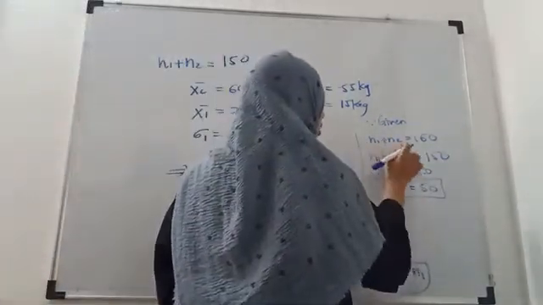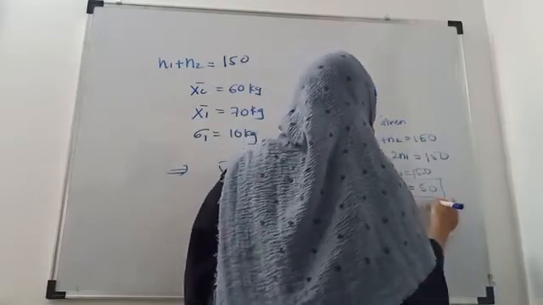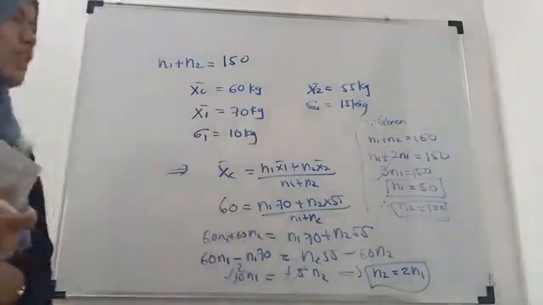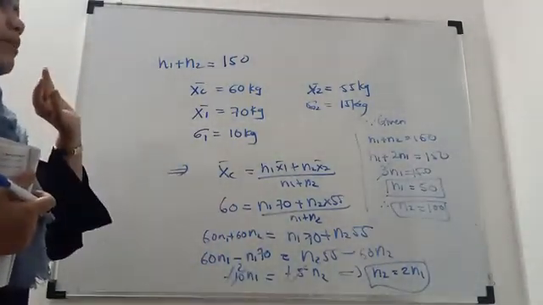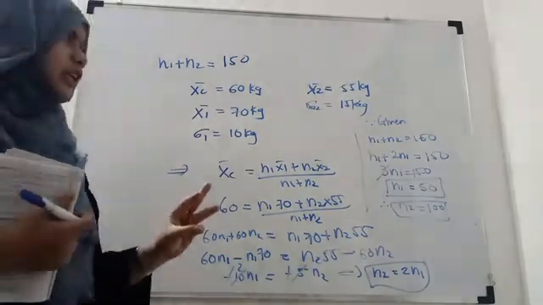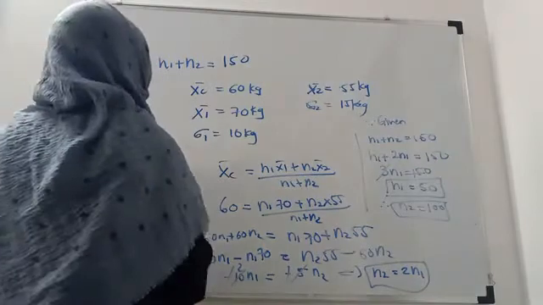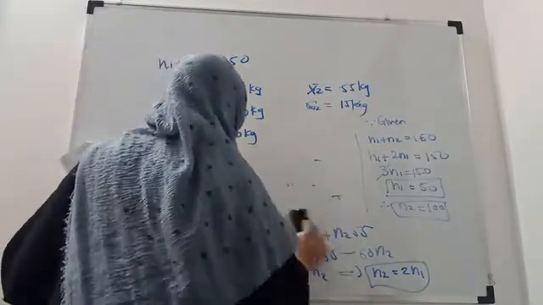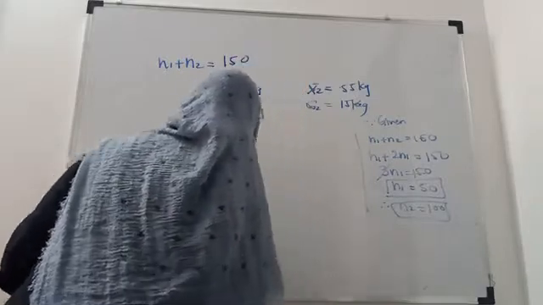Therefore total number of students 150, therefore the number of girls will be 100, right? So now n1 and n2 are clear. It is known for us. Now for the combined mean, we will require d1 and d2. So first of all, we will find out the d1 and d2.